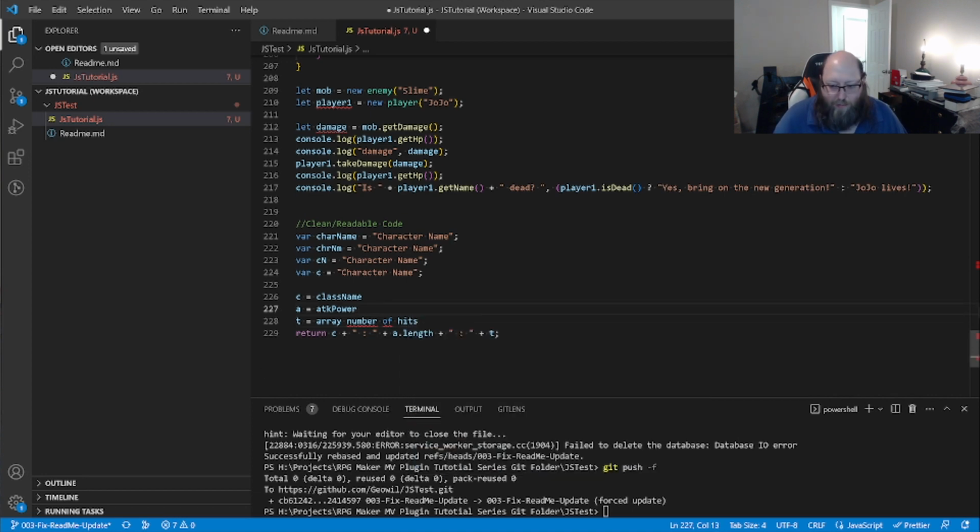What this is essentially doing is returning a concatenated string in a format that's going to be split apart later and then used to process the total attack power a class can do if it hits multiple times, and